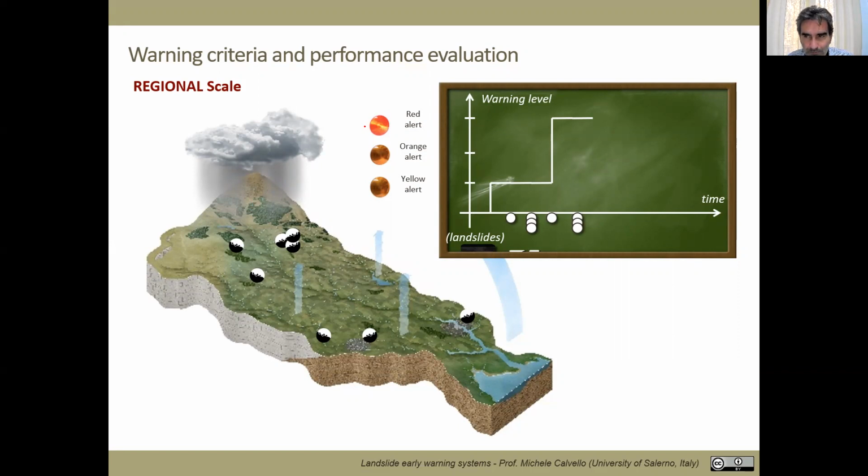It doesn't rain anymore, but that doesn't mean that the danger of the risk is over. So your model stays in the red warning level, new landslide. Then the model goes down to orange, stays in orange with a new final landslide occurring, and then at the end, you go back to green normal conditions.